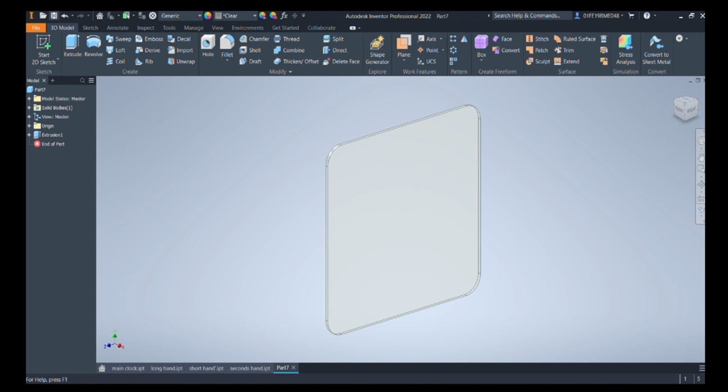So once we select the glass material, we are again done with our glass part. It's one of the shortest parts we'll be making in our model. So once we are done with the model, you can save the file, and we will next move towards our assembly and then animation.